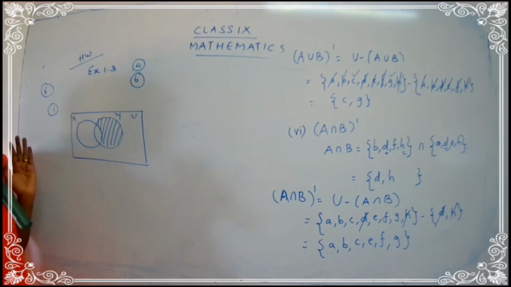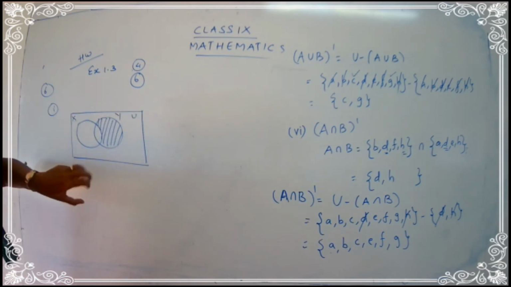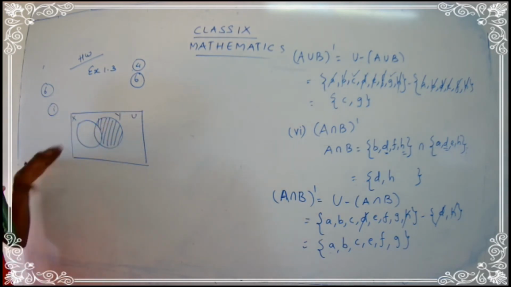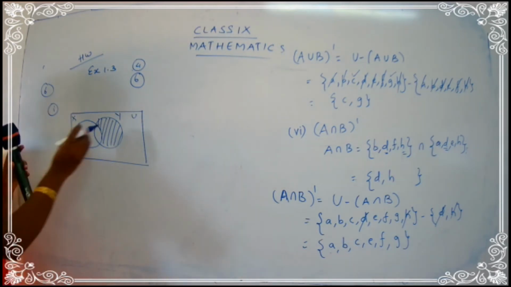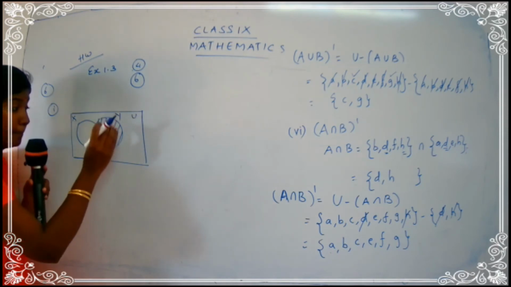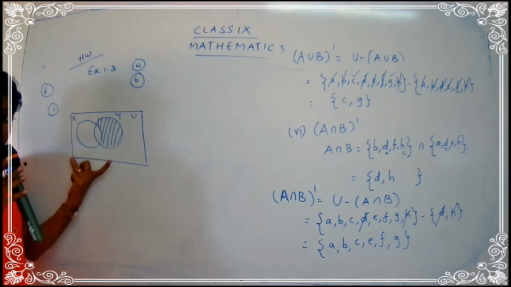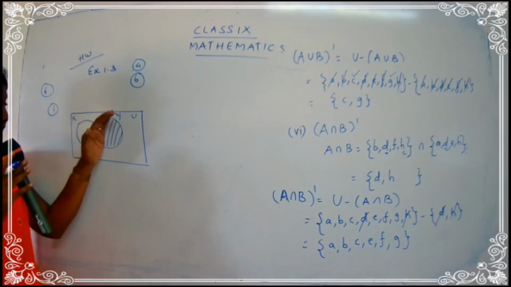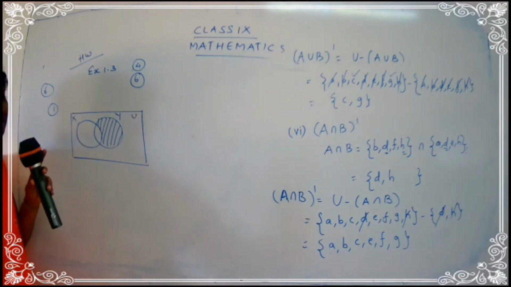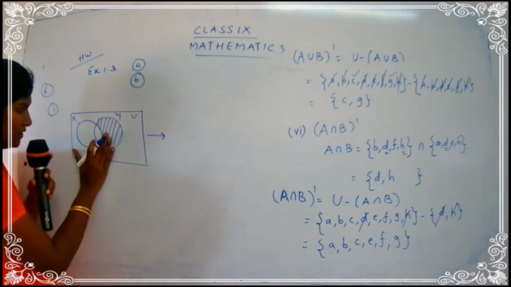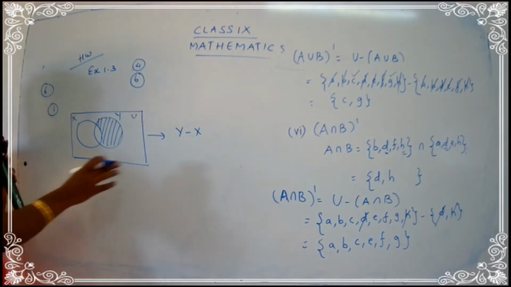So how are you going to write the answer? Which part is included and which part is excluded? That is how to write the answer. You have to write the shaded part. What is the shaded part here, children? We only have the Y part. We are not having the X part. Y is present but X is not there. Very simple. Only one line answer. The answer is Y minus X. Finished. Clear?